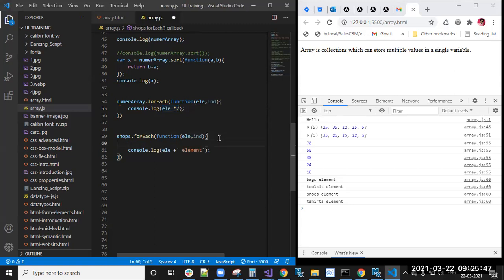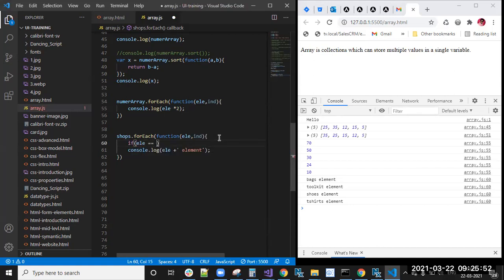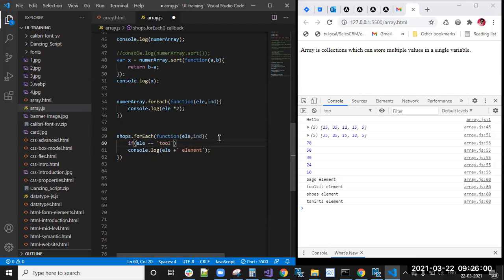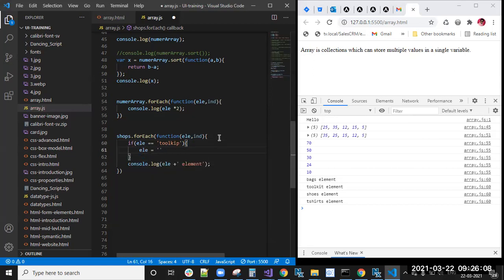Here we can write, if ele equal to 'toolkit' in single quotes, then change ele to 'temporary kit'. Otherwise ele is not toolkit, so it is not changed.